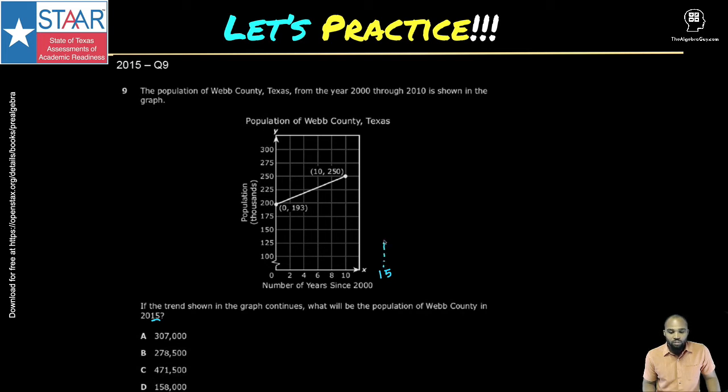So I can kind of put a line up here, and I'm curious where it's going to cross. So is that about, let's see, this is about 12, 14. It's probably a little bit further out, but somewhere right there. Now you could kind of guess and eyeball that, but I wouldn't do that for this one because it becomes tough when you're trying to redraw the graph. I would definitely use my calculator to solve this one by placing these 2 points, finding the equation for the line for these 2 points, and just simply figuring out what the population is at 15. So let's do that. I'm going to bring out my calculator again,